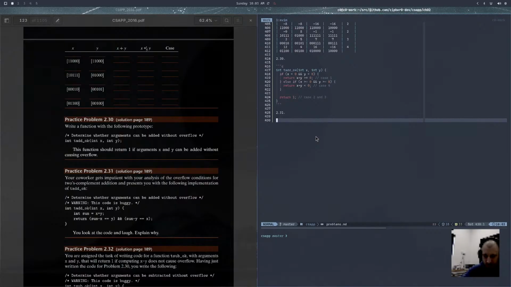All right, so your coworker gets impatient with your analysis of the overflow conditions for two's complement addition and presents you with the following implementation of tadd. Determine whether arguments can be added without overflow. Warning, this code is buggy. So they just do the addition of the sums, and then we say, hey, you look at the code and laugh, explain why. That's brutal. So you do the sum, and you say, hey, if the sum minus x is equal to y, and